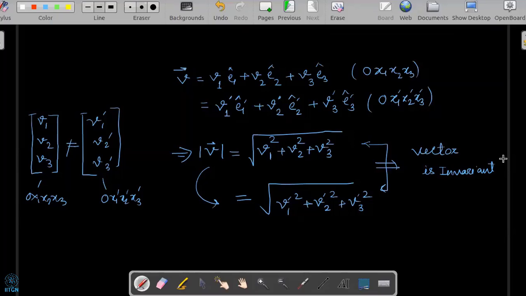The coordinate system is just a convenience for an observer who is observing and describing the phenomena with respect to some coordinate system, based on the relative position of the observer. But the vector will not change. Similarly, in tensors you will find various invariants, like the summation of the diagonal terms of a matrix, which will not change by changing the coordinate system. We will also see these. I think it is clear to you now. Is it clear? Yes, sir. Thank you.